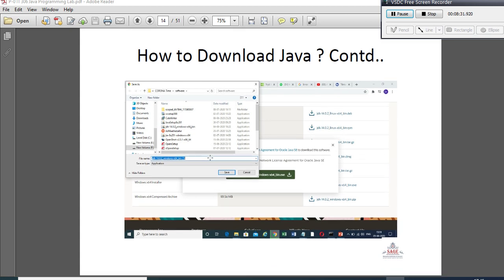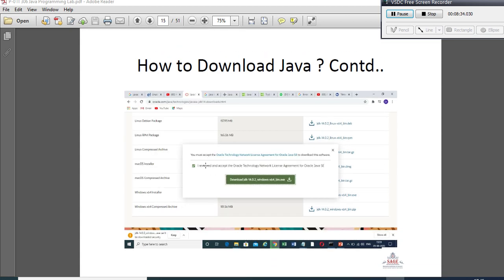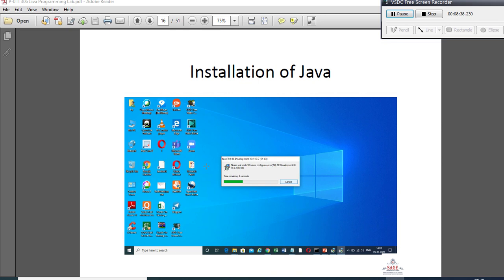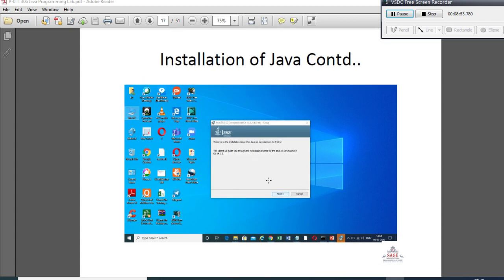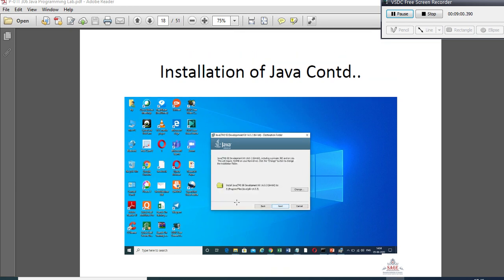When I have downloaded it, I will run the exe file, and now I am installing Java. When I click on this exe file, this window will come, and after that another window will come, where I click on next. The main thing is that in the next window, Java will ask where to install. When I click on install Java, by default it goes in the C drive.